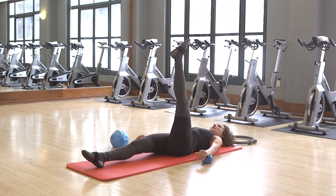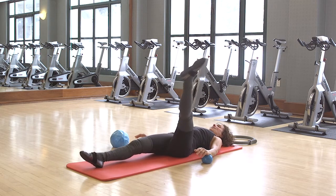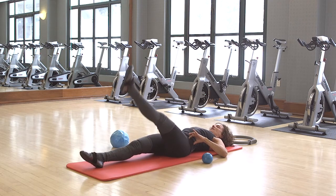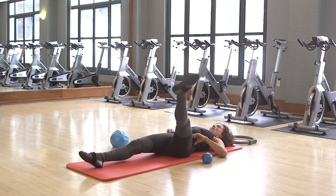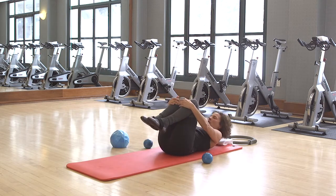Open and scoop. Feeling the inner thigh, feeling any shifts in the hips and pelvis. Trying to maintain neutral. Even placing your fingertips on will give you a little cue, like, oh yeah, I am moving it. And then go ahead and we'll pull that leg in, back in, and we're going to go into